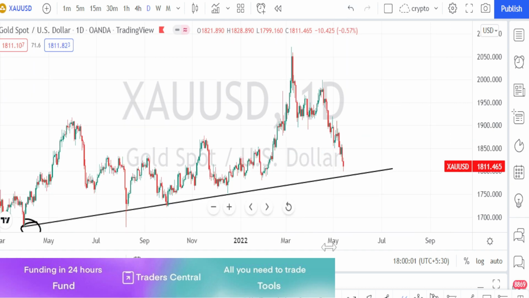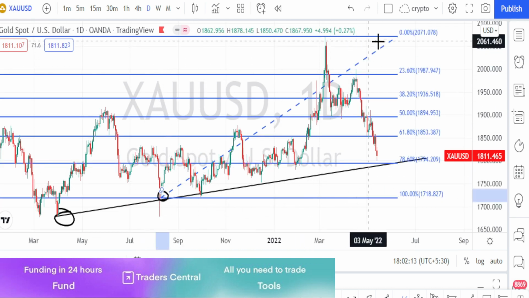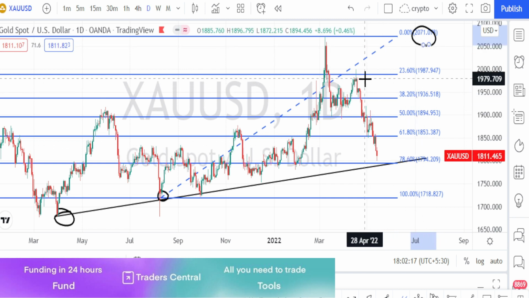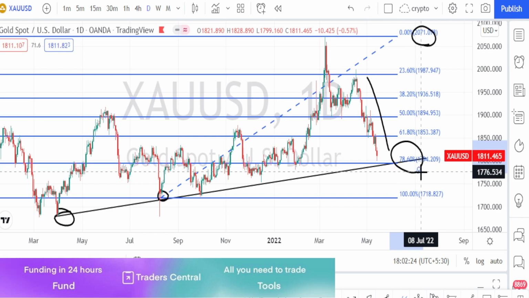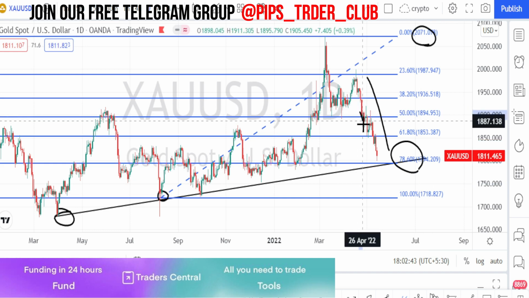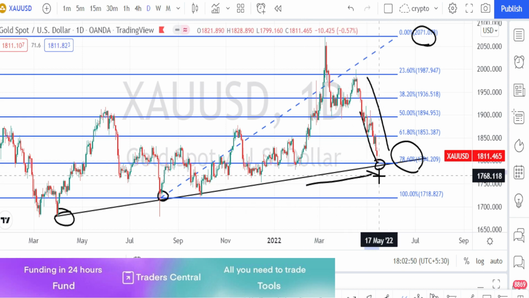And when we look at the retracement level using the Fibonacci retracement tool, so from here it started its bullish rally and went up to the level of 2071, and currently when we notice a retracement level, it is around the level of 78.60% in Fibonacci retracement level. So we can expect the price action to fall still more and take support on this Fibonacci level and the support line or trend line from the daily time frame.